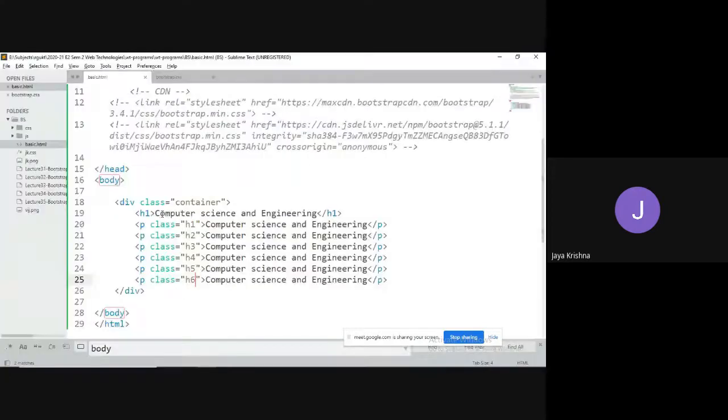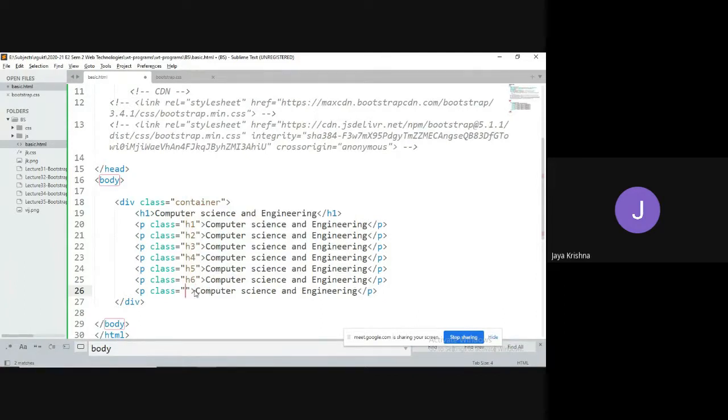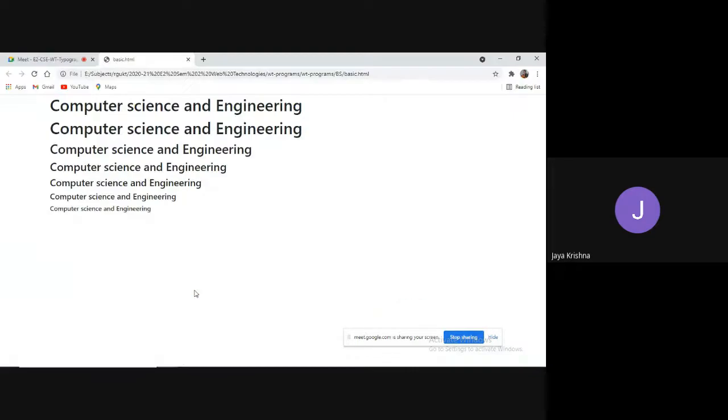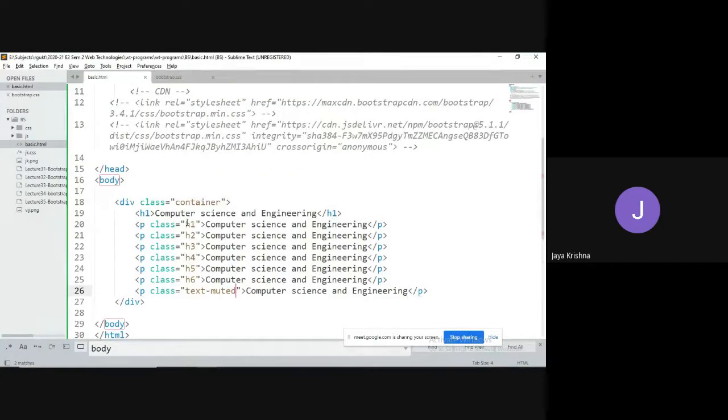Similarly, if you want a custom heading, for example a secondary text, text-muted is a class where you can observe a slight color variation in the output. That is what text-muted does, which we call custom headings.